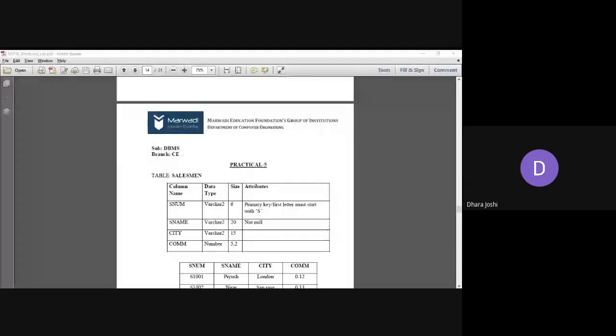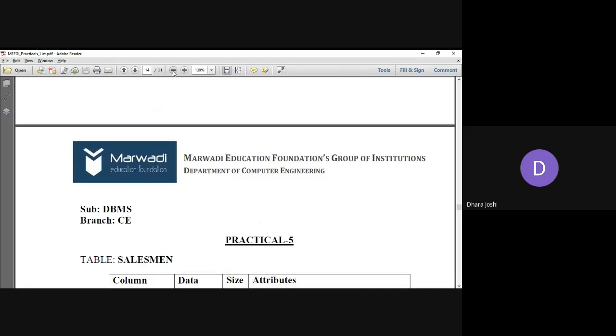Okay, so till now we have completed till practical number 4, and today we are going to start practical number 5. Today we'll have 2 hours of lab time. For most of the time we'll do the practical number 5. What you need to do, I'm showing you here. I'm increasing the size so it will be properly visible to you.